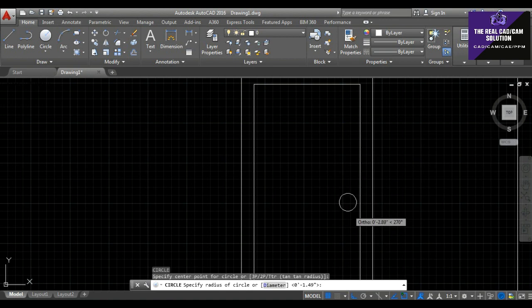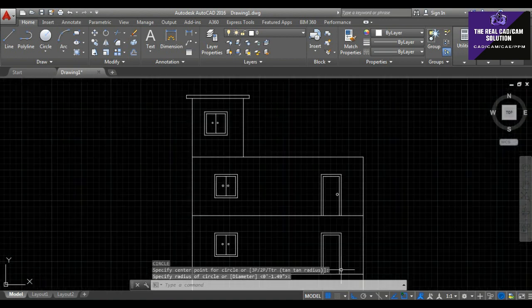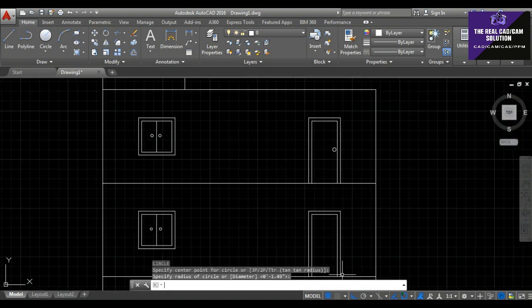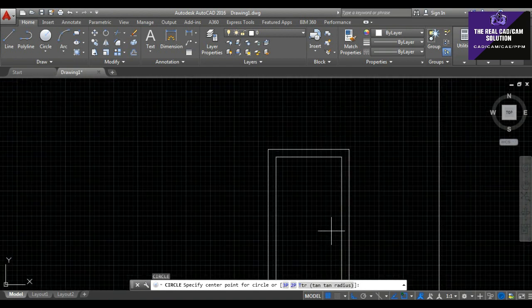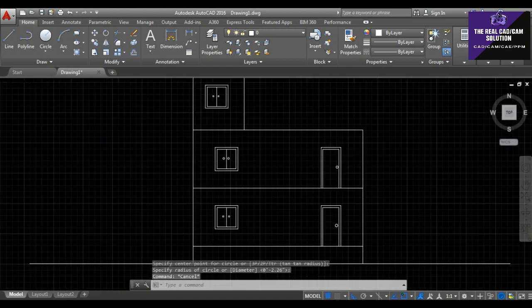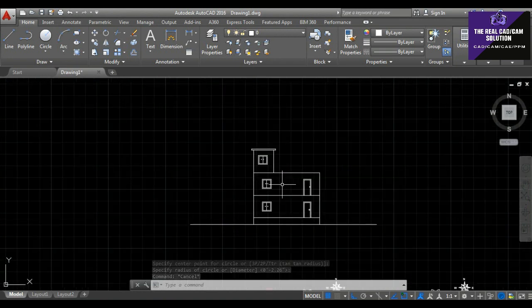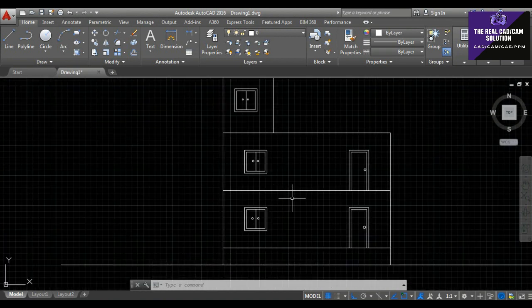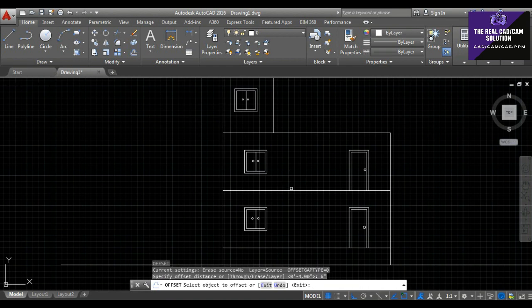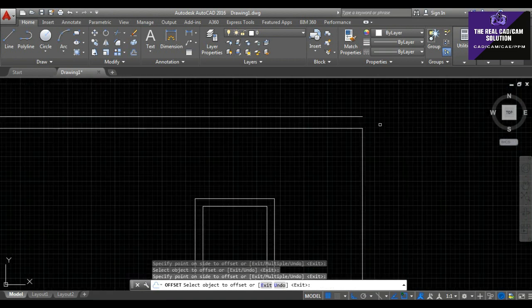Okay, it's finished in this area. This is my door section. Okay, I want to draw some elevation designs on my exterior area. First of all, I choose this 6 inch to the top section.